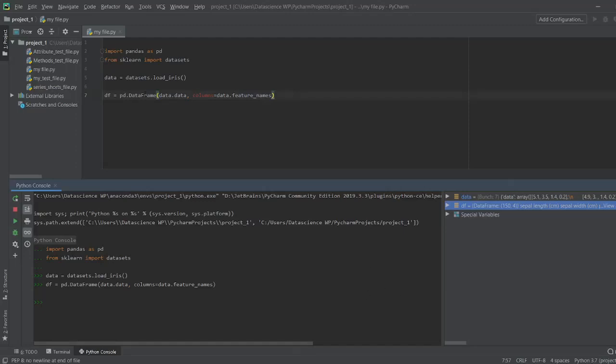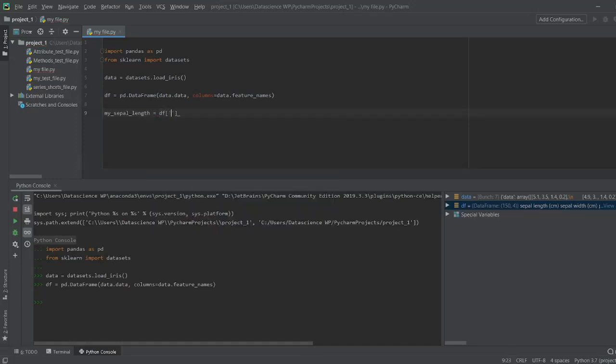Now, let's consider the sepal length column for our series data, because the methods that we are discussing are for series. So, let's just pick up one column and we get our series information. I'm going to call this my sepal length. And here we'll just pick up that particular column.